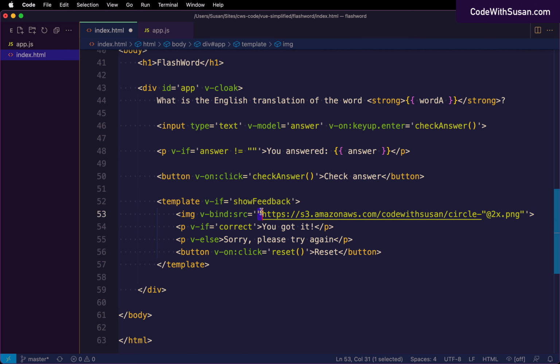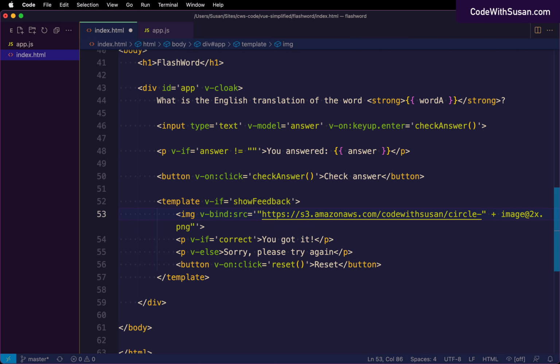Because the string itself starts here with this double quote, so I'm going to stop it. Then I'll use our JavaScript concatenation character, the plus sign. Then I'll reference my image data property. And then to go back into the string, I'll use the plus sign again, and then begin the string again